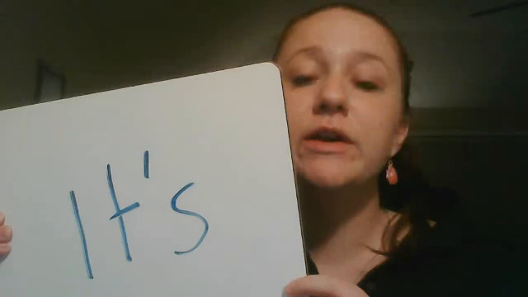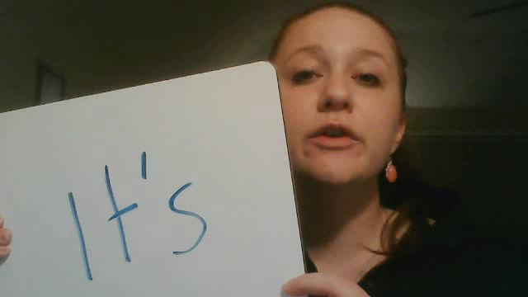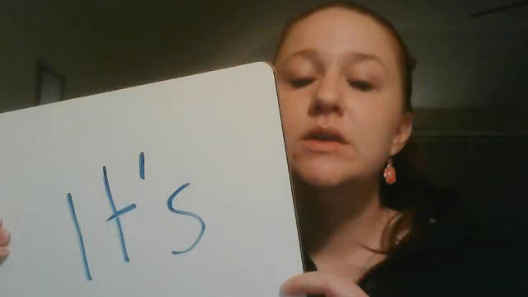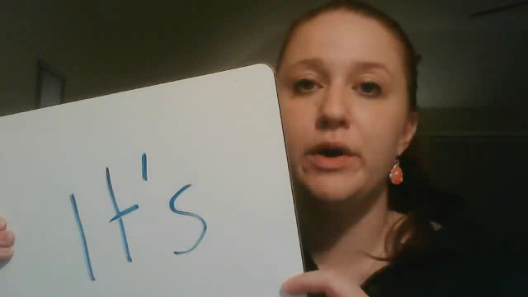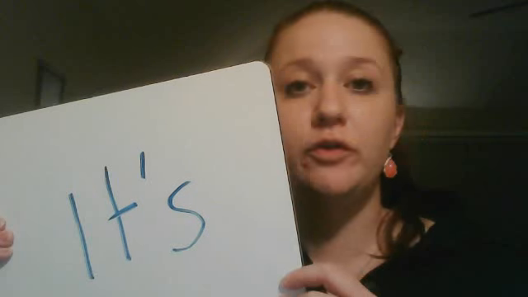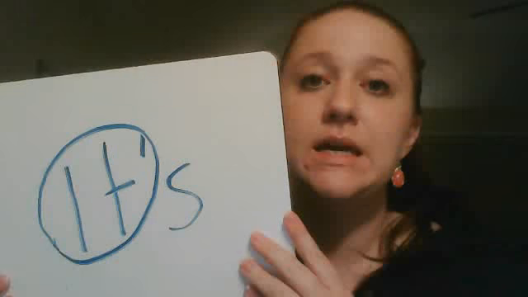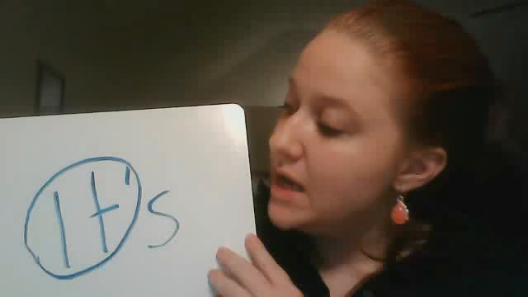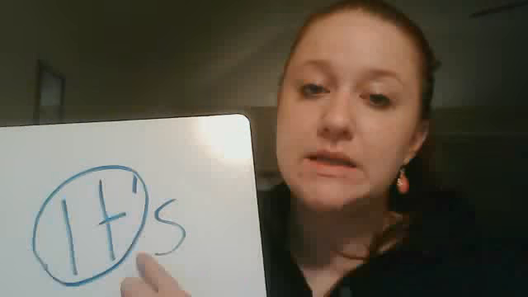I-T apostrophe S. It's. Now, we know from looking at contractions that when we have a contraction, the first word stays the same. So first graders, if we look at this word, we can see what word looks familiar. We know that the first word in the contraction is the word it. So now that we know that the first word is it, we can look at the apostrophe S, and we know that that means that something is missing.